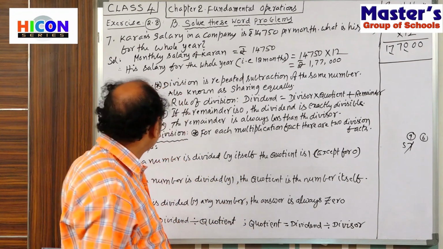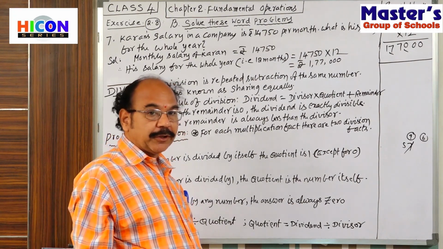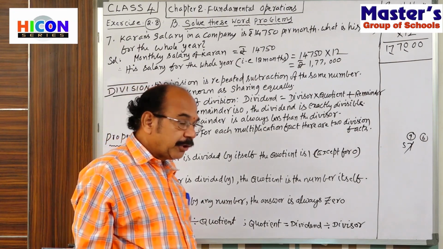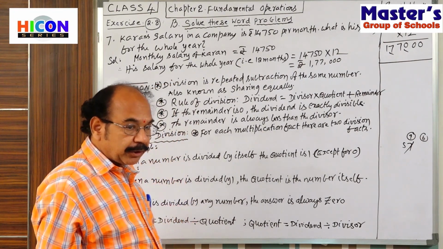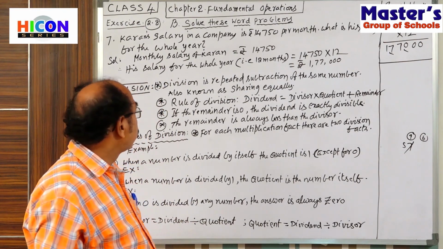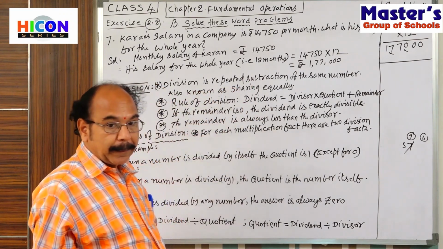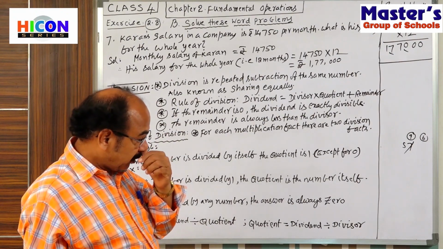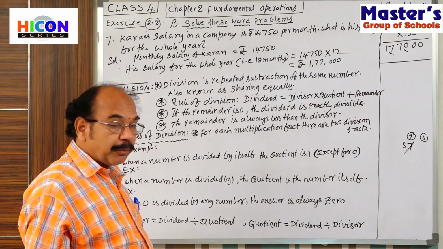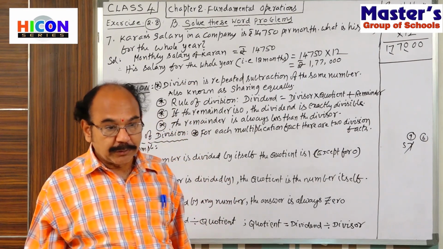Key concepts. First of all, what is meant by division, and what is the relation between division and multiplication? Okay, children. Here, division is the repeated subtraction of the same number. That means, for example, suppose there are